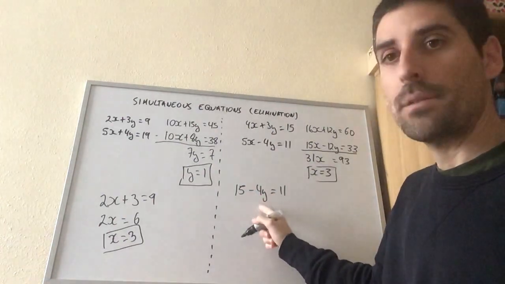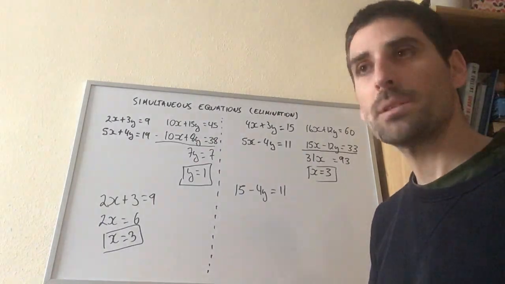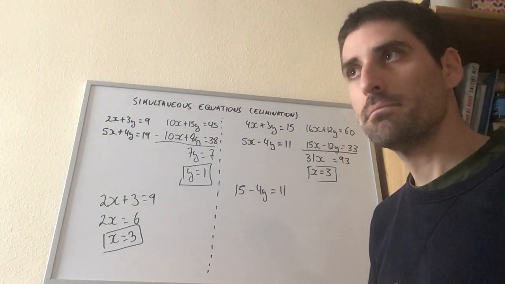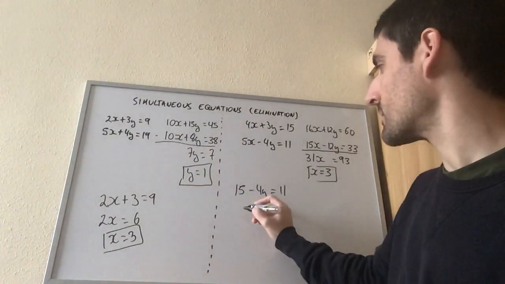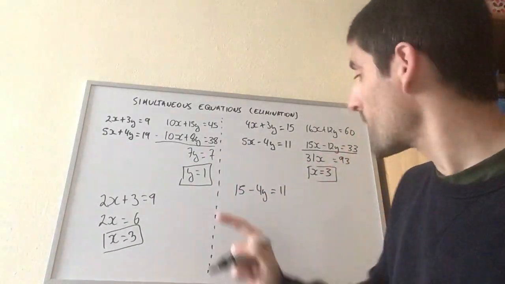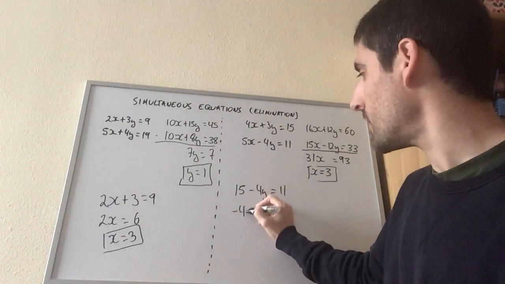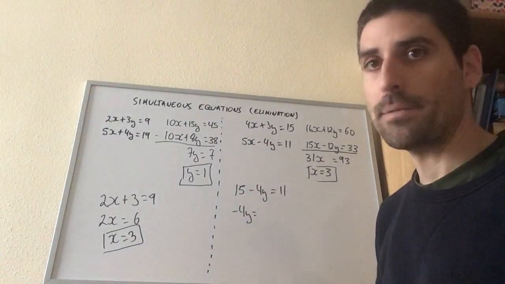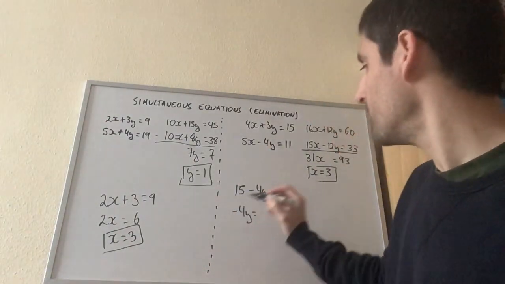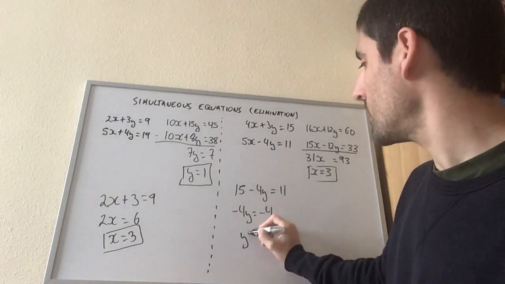Okay, well, because I need to leave the y's by themselves, I take the 15 to the other side. And what happens when 15 goes to the other side? It goes subtracting. It's a positive 15, so it goes subtracting. Careful here, I've got a minus. So minus 4y equals 11 take away 15. 11 take away 15 is minus 4. So y equals,